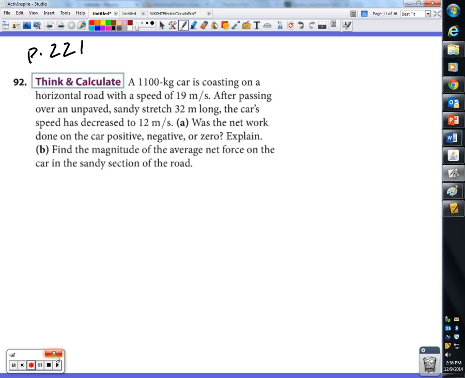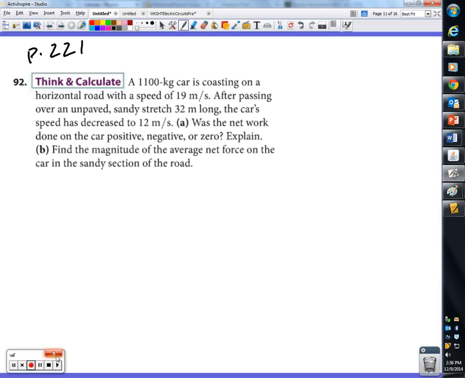Or on page 5 of your packet, there is a big open space down at the bottom. There's a little bit of room there. But this problem is from page 221 of your book. It's number 92. Is that the right page, at least 221? Yeah. All right, so it says,